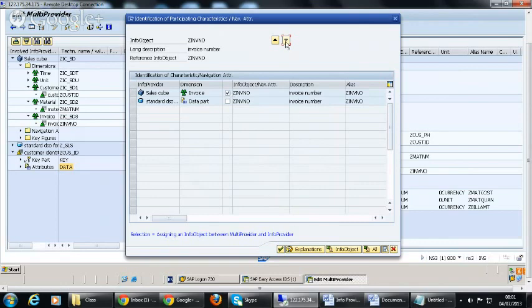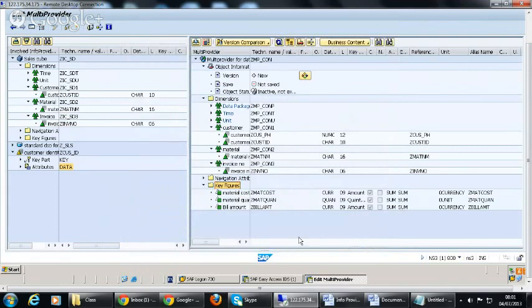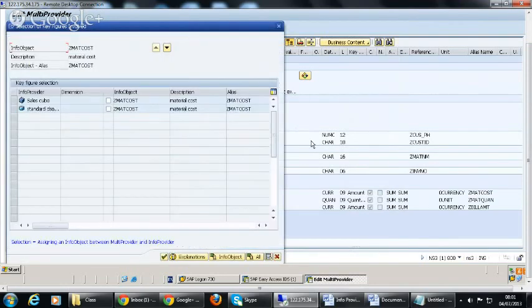So here we have already done the identification for all of them. You can see, so you have to continue with this. And now you click on the key figures. Here you can see same material cost is provided by the sales cube as well as the data store object.